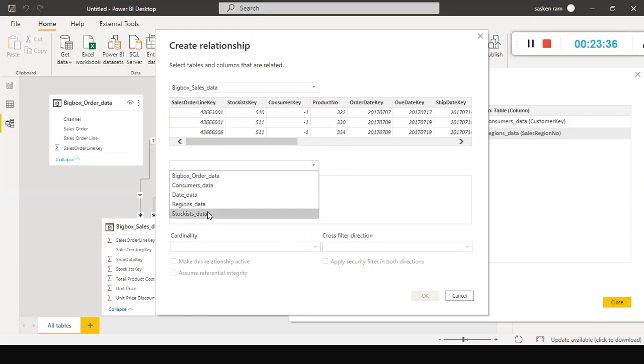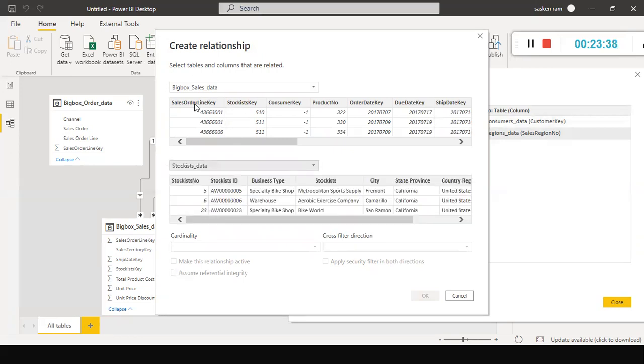Already I created the relationship. Next, I select the stockist data. Here, I just check manually what the common columns are between these two. Stockist key is the dimension key column in this table. In this table, what is the corresponding stockist number? These two columns are common between these two tables.